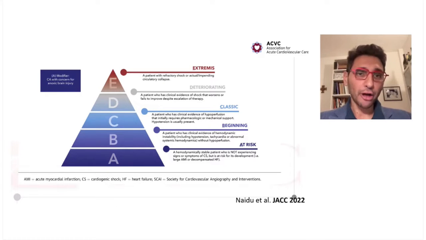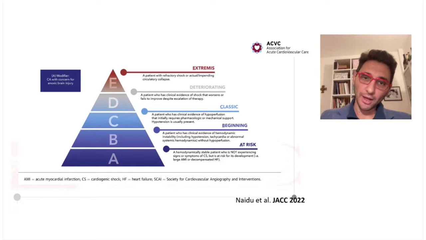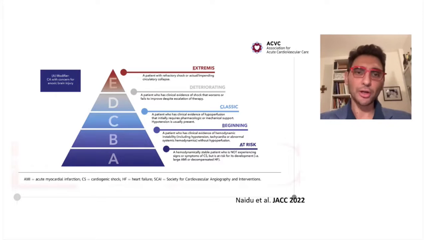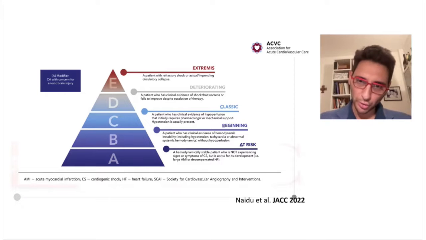As I'm pretty sure you know very well, there has been this very important classification by SCAI of cardiogenic shock that has been recently, actually this year, updated with the goal of providing not only a classification that gives you an idea of the severity of the presentation, but it's really focused on helping us think about the trajectory of the patient and think very proactively about where we are going if we don't make a prompt diagnosis or don't give a prompt treatment when we do have a diagnosis.